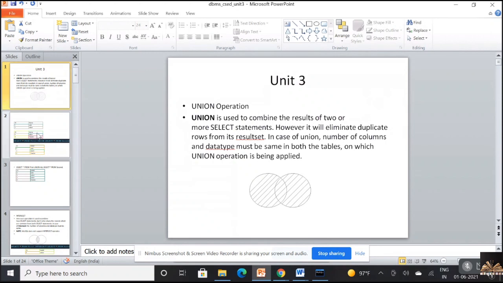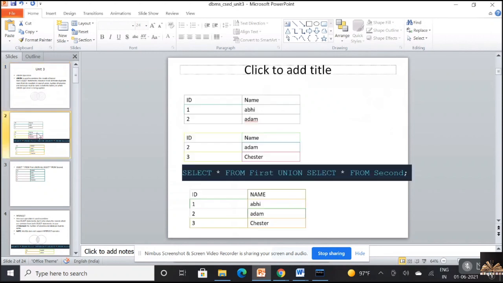Now, working with a simple example, I have a table T1 and a table T2. In table T1, I've got ID and name, and table T2 also has ID and name. In T1, the IDs are 1, 2, so I've got two rows with name and ID.